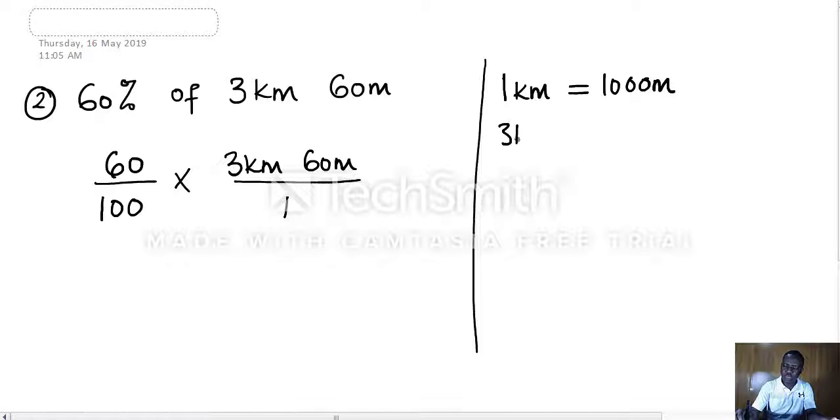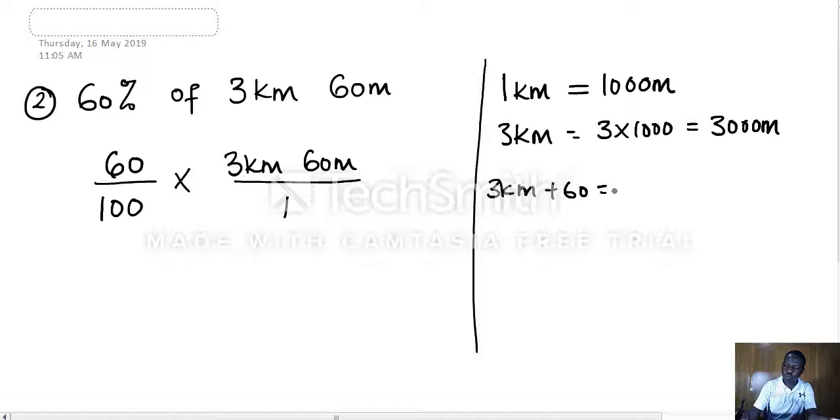So 3 kilometers will be equal to 3 times 1000 meters, which is equal to 3000 meters. So 3 kilometers plus 60 meters will be equal to 3000 plus 60 meters, which is equivalent to